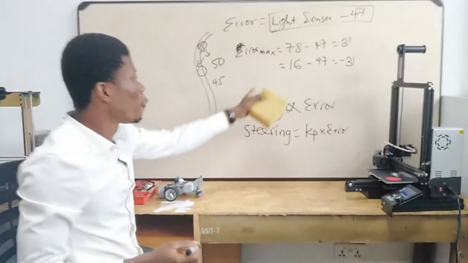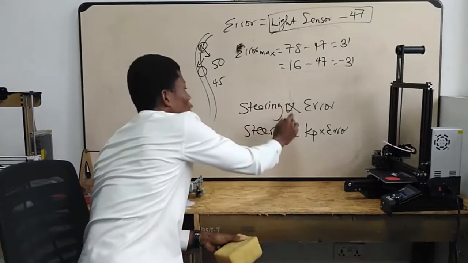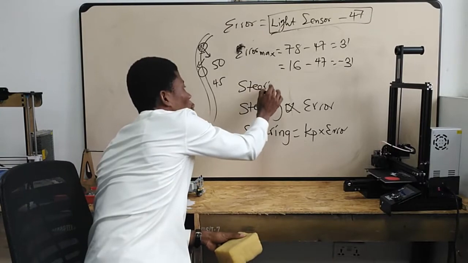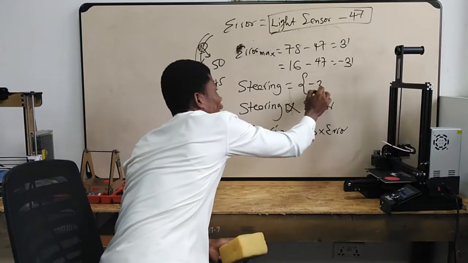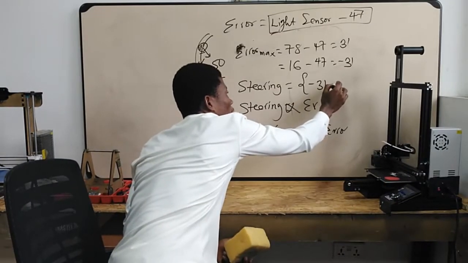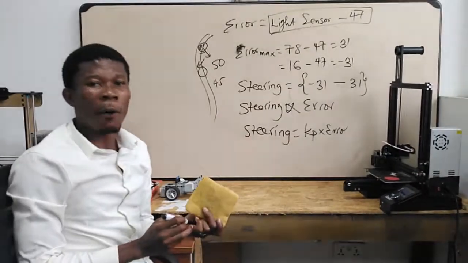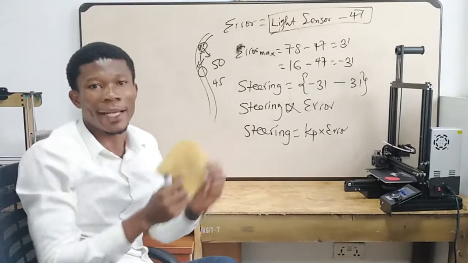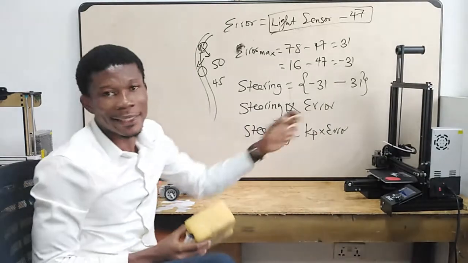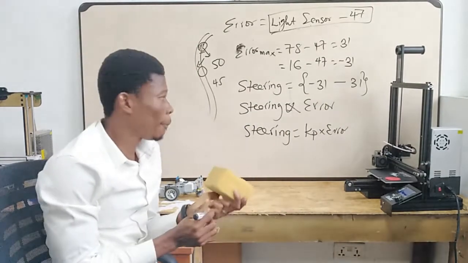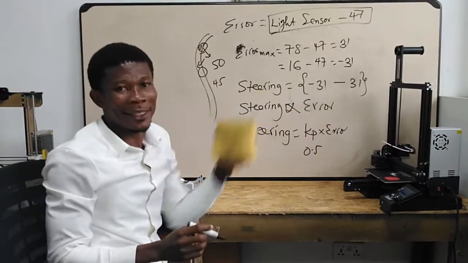Now, if we are saying that steering varies as error, then it means the amount of steering we can apply in controlling this car is limited to minus 31 all the way to positive 31. So our robot is limited in how much steering it can apply. Mind you, this would be the case if our constant of proportionality is set to 1. But you saw that in our first example, we used a constant of proportionality of 0.5, which would even further limit our steering between